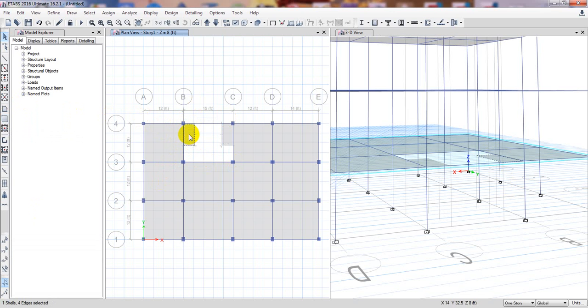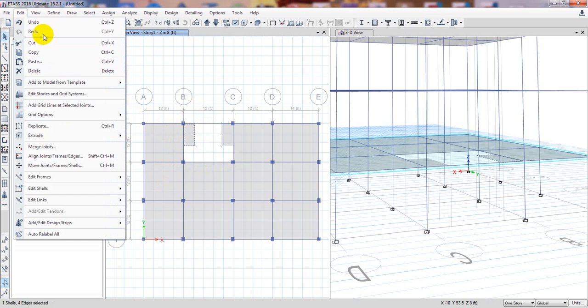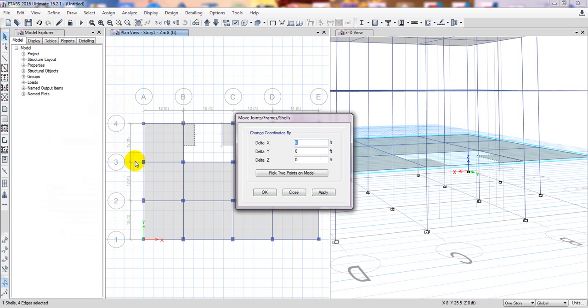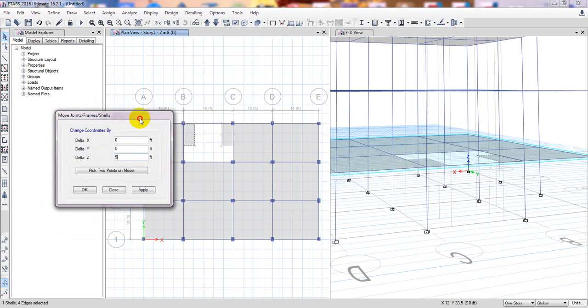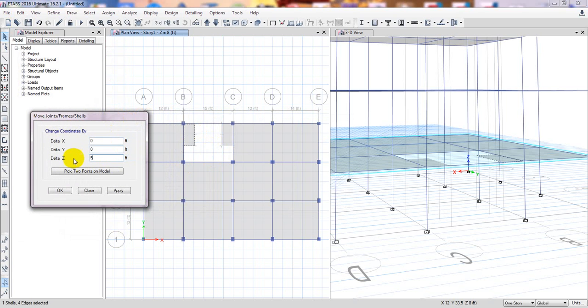So I'll select here, after that go here, edit, and they have many options. Okay, they have many options that they have, replicate. So I'll select that option. Okay, here, and we'll move in Z direction 5 feet, as it's 10 feet, middle of 10 feet is 5 feet, so it's 5 feet. Then apply, then